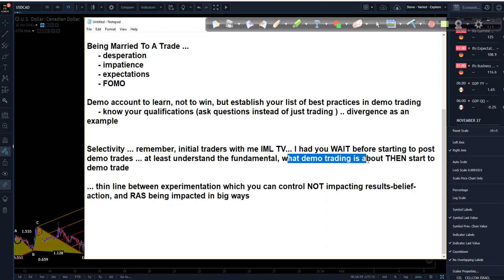Understand what demo trading is about. Then start to demo trade. But you're being selective. Selectivity. I'm looking for the Charlie Delta trade soon after that swing low in the fork as I drew it